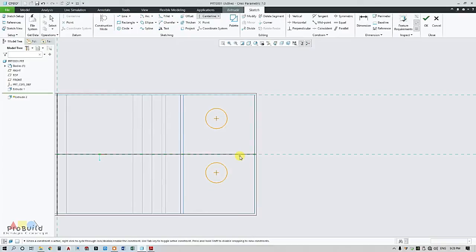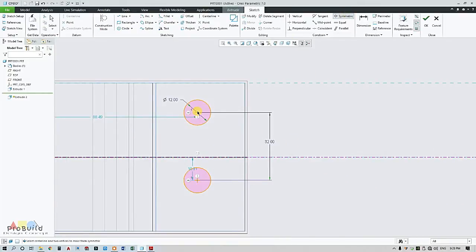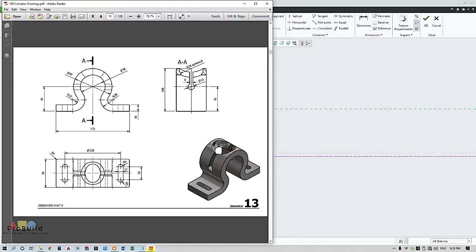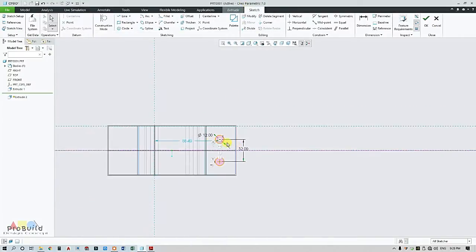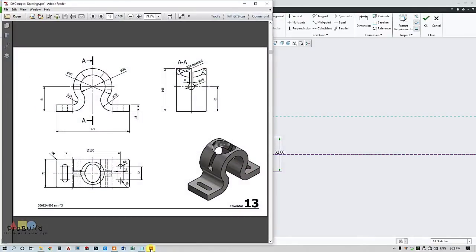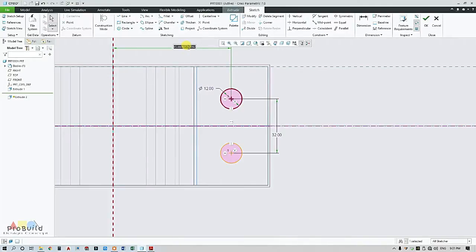Then I need to go over the center line for making both circles symmetric. Touch the 2 points and touch the center line for making it symmetric. Now the center to center distance between the circles is 130, for which I'm going to make this as half of it. 130 by 2 is 65. Now this is half of 130, so I shall go for line tangent for interconnecting the circles.